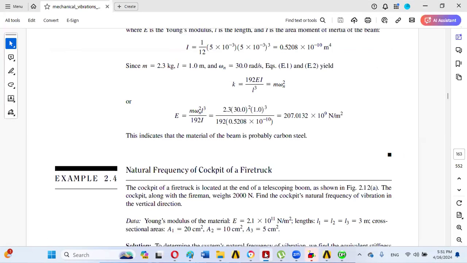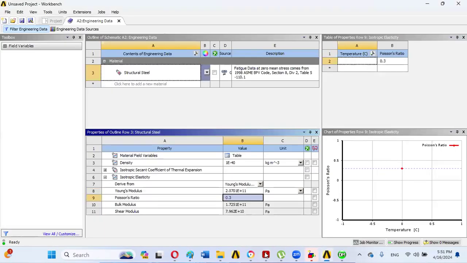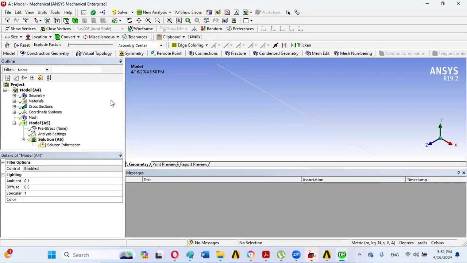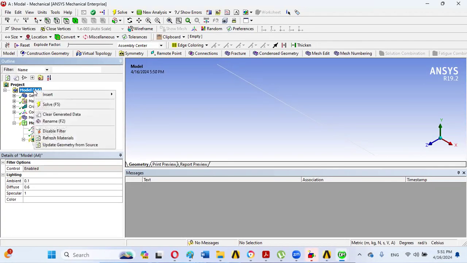So here we can observe that engineering data has been applied, and after that we will be refreshing the materials like this, and then